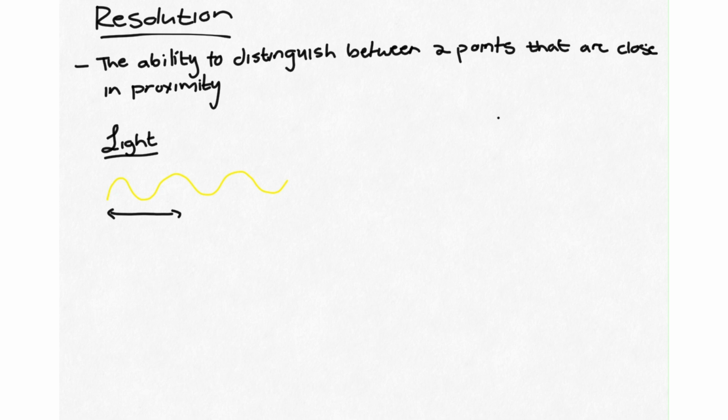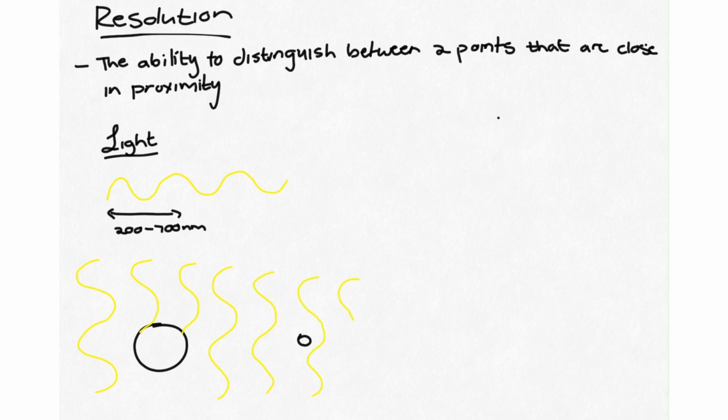Light waves, which are made up of photons, have a wavelength spectrum of 400 to 700 nanometers. For us to be able to see an object, it must interfere with the particle in a wave. When this interference happens, the wave will be reflected back and an image will be seen. The general rule of thumb is that an object needs to be at least half the size of the wavelength to cause an interference. This would mean that the smallest object or resolution that can be observed with a light microscope is